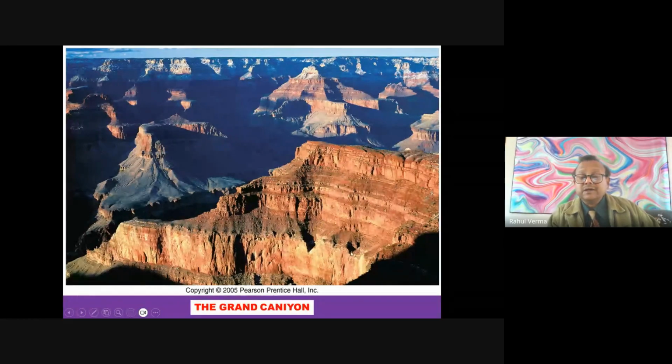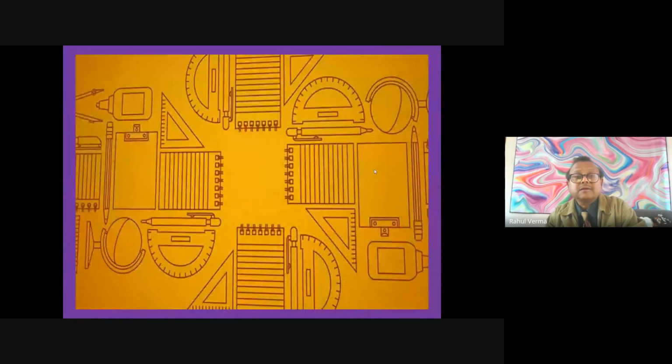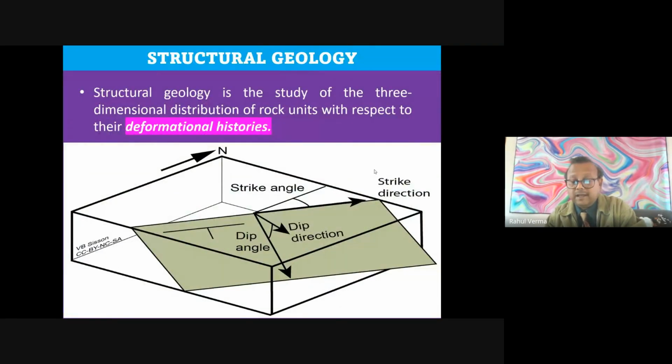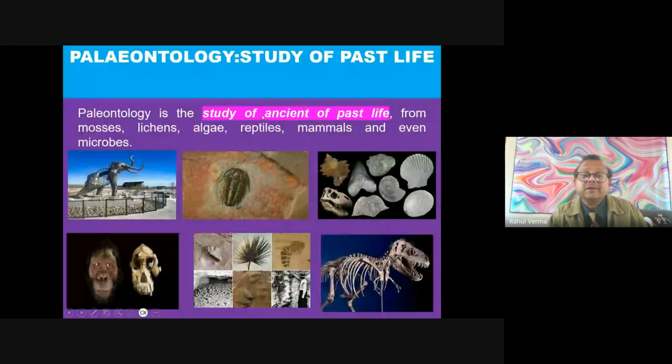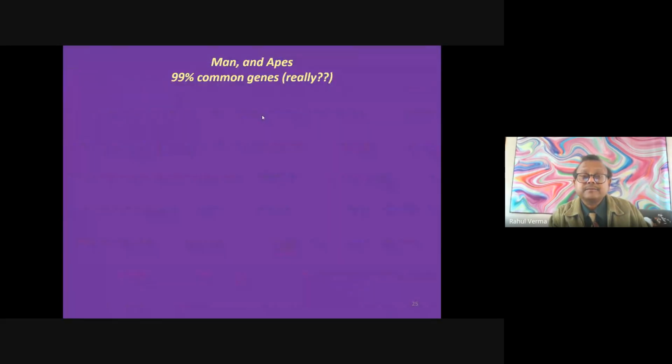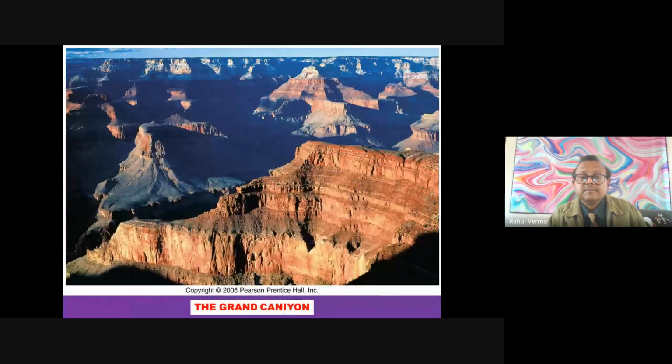But unfortunately, we don't get this kind of fortunate sites. Mostly what happens is that when this was there, a compression comes and they become folded like this. If they got disturbed, they can be folded or they can be faulted. But we are lucky in Grand Canyon, we get everything intact. So this is what we study in stratigraphy.